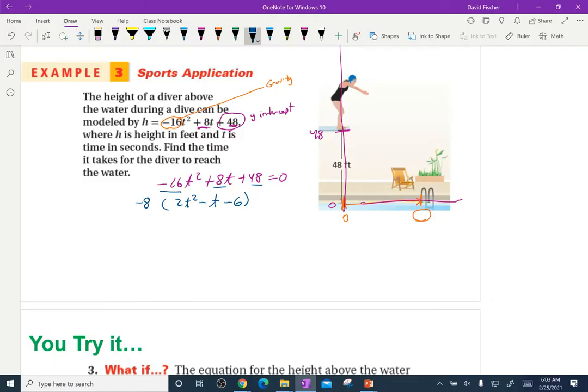2t squared minus a t, because a minus 8 times a minus t would give us the plus 8t. And then what, minus 6? All right, so now let's go down to factoring this quadratic equation out. I need, over here again, two numbers that multiply to a negative 12, but add up to a negative 1. And a negative 4 and a 3 would give me a negative 1. So again, if you want to use the lazy factor method, that's okay. I just naturally go to this because I practiced it for so long that if I took the time, I could